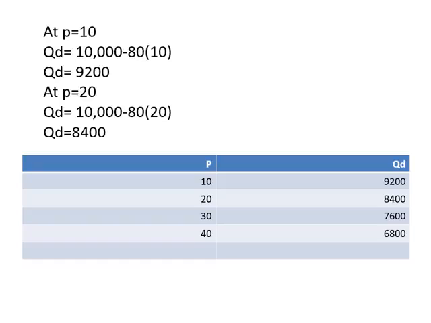Assumption. At P equals 10, QD, I'm going to substitute, equals 10,000 minus 80 times 10. So QD equals 9,200. Another assumption, at P equals 20. Again, QD equals 10,000 minus 80 times 20. The result is